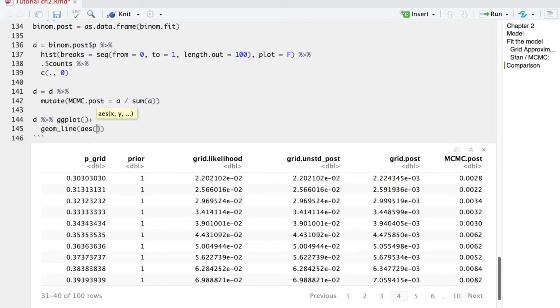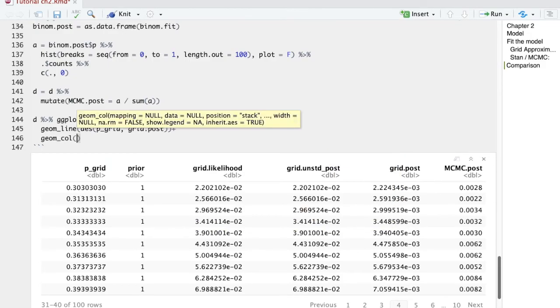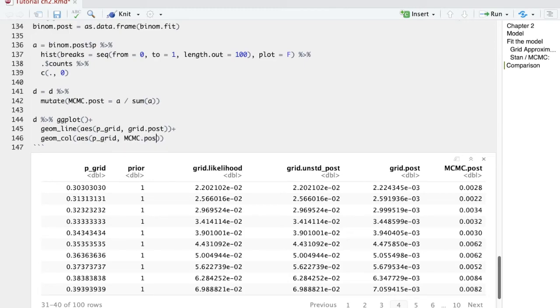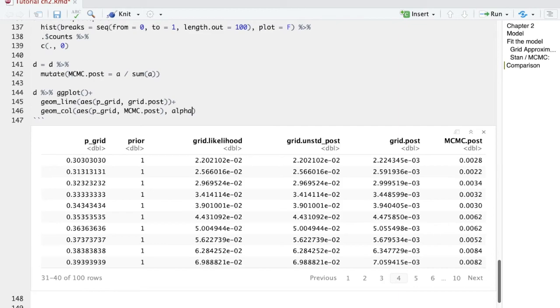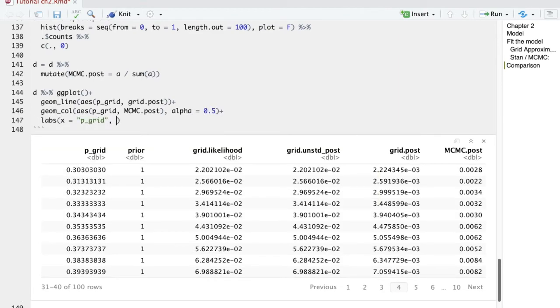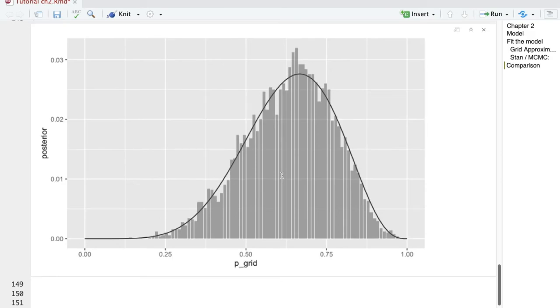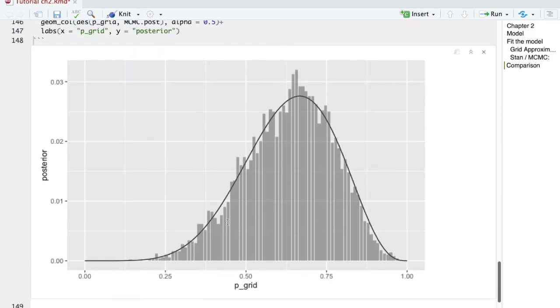The aesthetic for x-axis is the same as for P grid, and the y for line plot will be the posterior from grid approximation. For the column plot, we have the same P grid in X and Y equal to MCMC posterior. And the result will be like this. You can tell from this plot that the results from MCMC and grid approximation are quite similar,